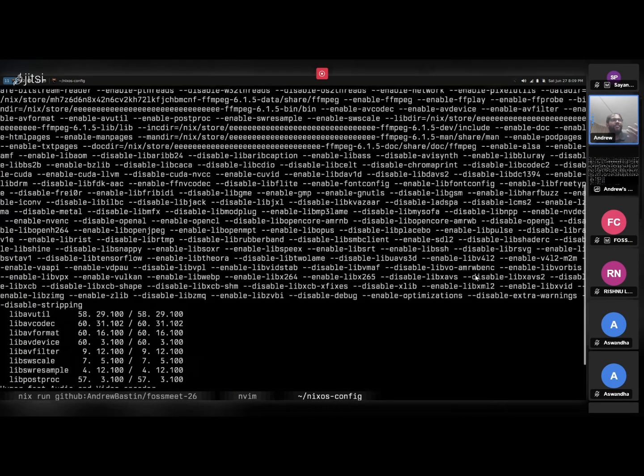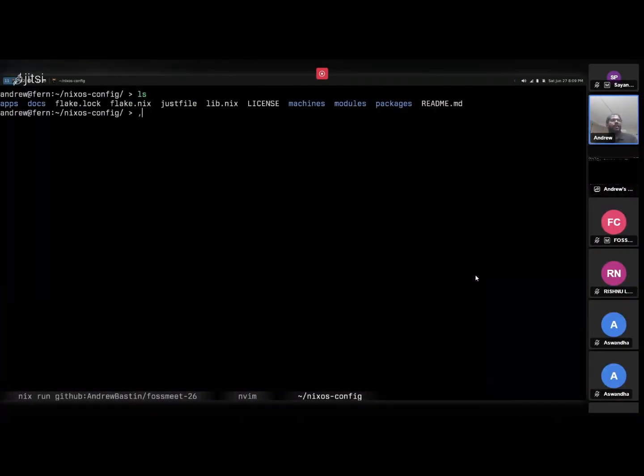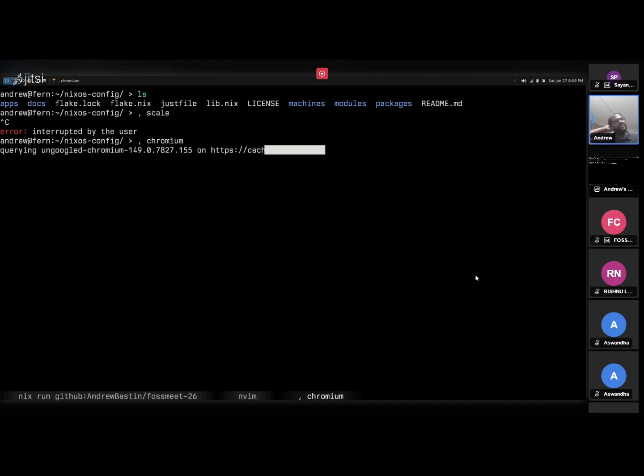It will pull FFmpeg for me for running this command, and then I can be done with it. I usually use it to quickly get Chromium because I sometimes have to do web development, and sometimes I have to test it in Chrome. And as a very sensible Linux person, I will have Chromium on my machine. I just want it when I develop.